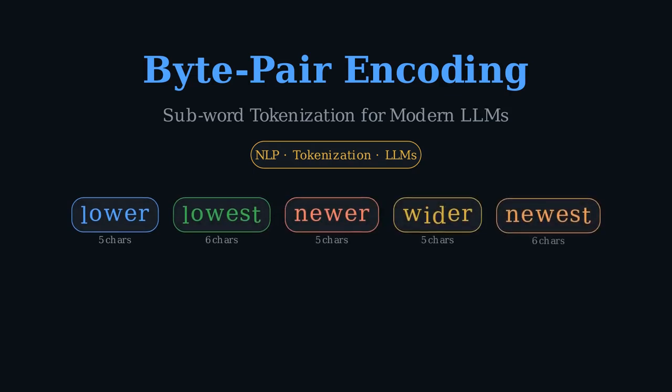Consider these 5 words: lower, lowest, newer, wider, newest. They share common character sequences. Instead of treating each word as one token, BPE finds and merges the most frequent character pairs. Notice the pair ER appears in lower, lowest, newer, wider, and newest. It is the most frequent adjacent pair. BPE merges it into a single token,